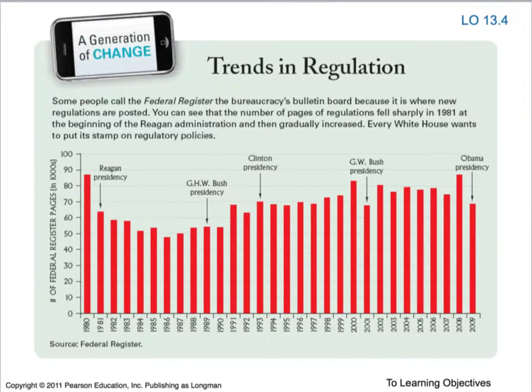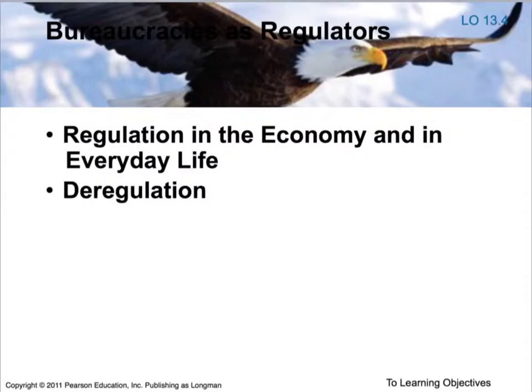With regard to regulation, you can see using the Federal Register that, for instance, President Reagan took down regulation. Under George H.W. Bush, it kind of stayed the same. Under Clinton, it kind of went up. Under Bush, he took it down a little bit, but then it went back up again. Obama is actually trying to deregulate a little bit. So you can look at the trend line. Usually Republicans promise to deregulate, but they don't always achieve their promises. Democrats are no more for regulation than Republicans are.